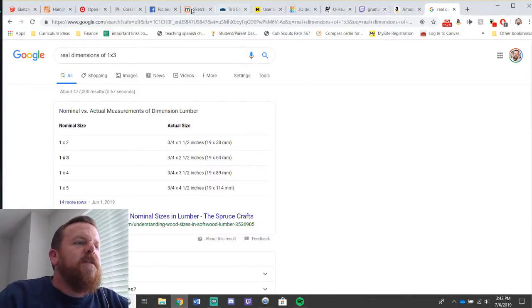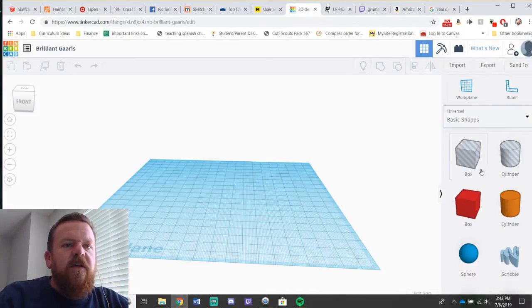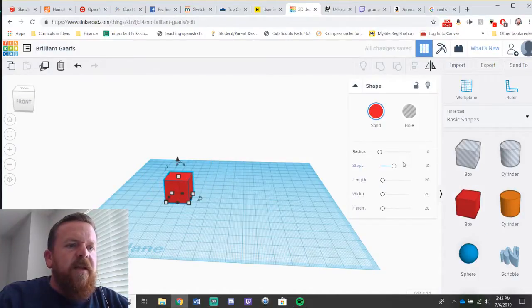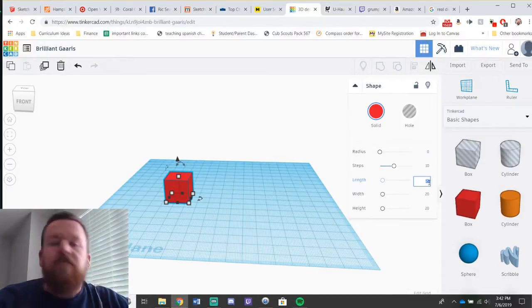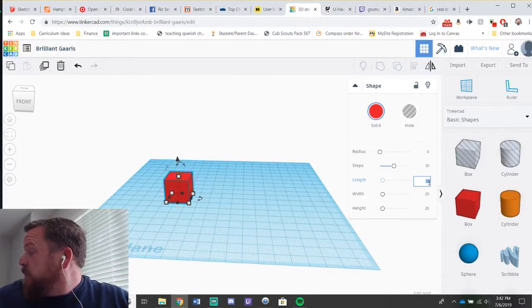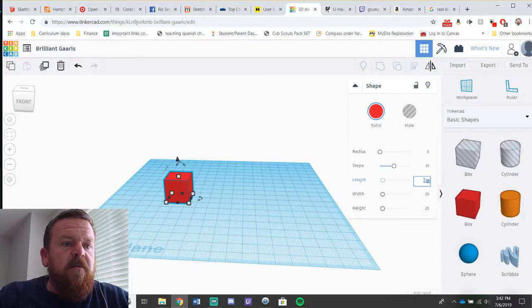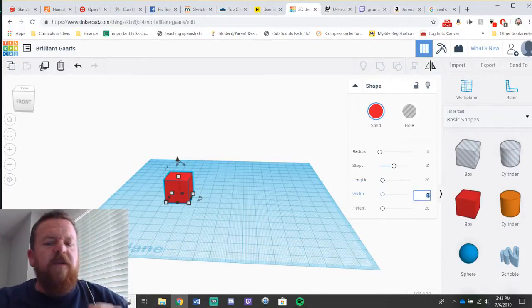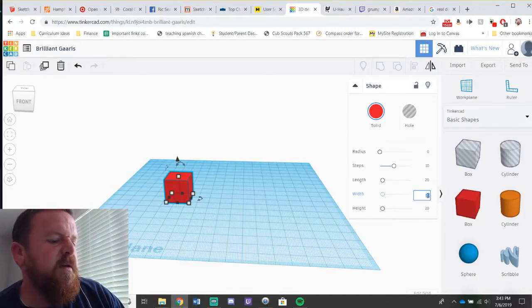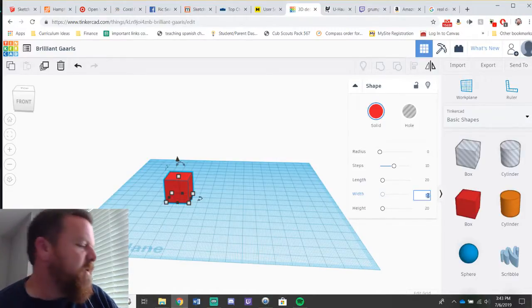Okay, let me start with just doing the tabletop. Where's my Tinkercad? Here it is. Okay, so let's do a box. And then I think there is a way to... Okay, length, width. Daddy, I can't find the tape measure. Okay, so first I'm gonna do the apron. Well, let's say the tabletop pieces.